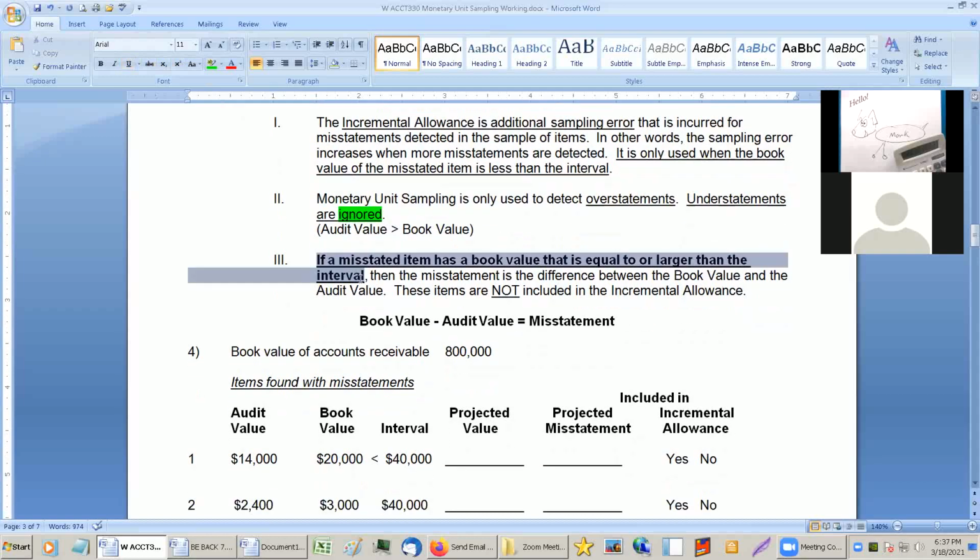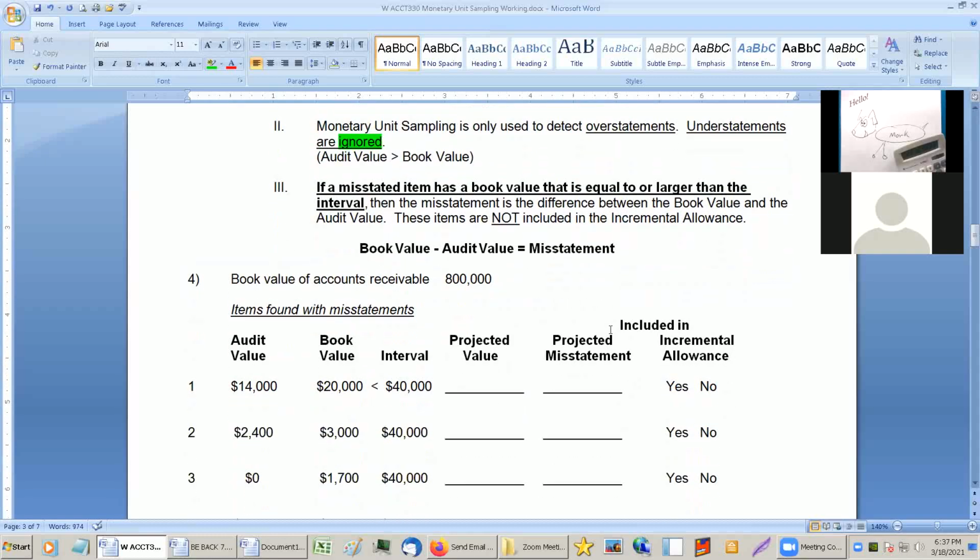Now, this kind of goes back to that incremental allowance. I should put these together. I think I must have taken this out of the book or something. But anyway,